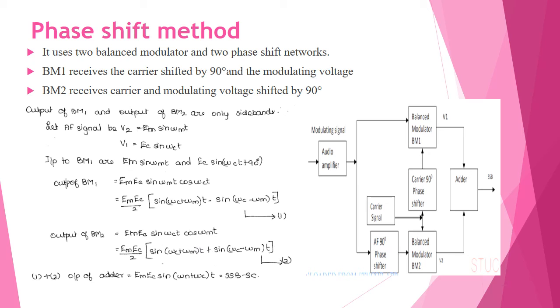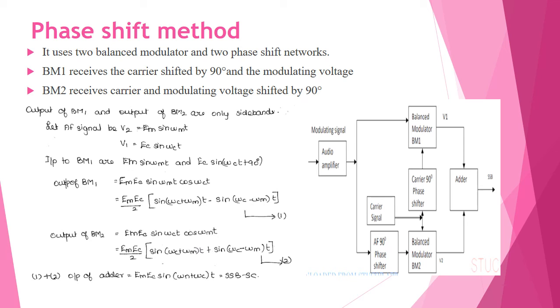So the lower balanced modulator M2 will generate upper and lower sidebands, but the upper sideband is shifted by plus 90 degrees, whereas the lower sideband is shifted by minus 90 degrees. Okay, so the upper sidebands of both the modulators are phase shifted by plus 90 degrees. So they are in phase and added to produce a double amplitude signal. So this will provide plus 90 degrees, minus 90 degrees, total 180 degrees out of phase, and they will cancel each other. Okay, so let us see the mathematical explanation of the phase shift method.